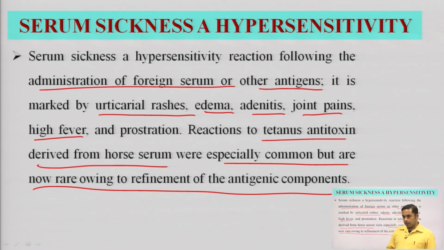but we can come out of such a problem. If somebody has issues with the administration of foreign serum or antigen, and encounters such side effects or reactions, in the 21st century we can modify the antigen's structure on our computer. In my previous lectures I mentioned in silico vaccine design, let me write